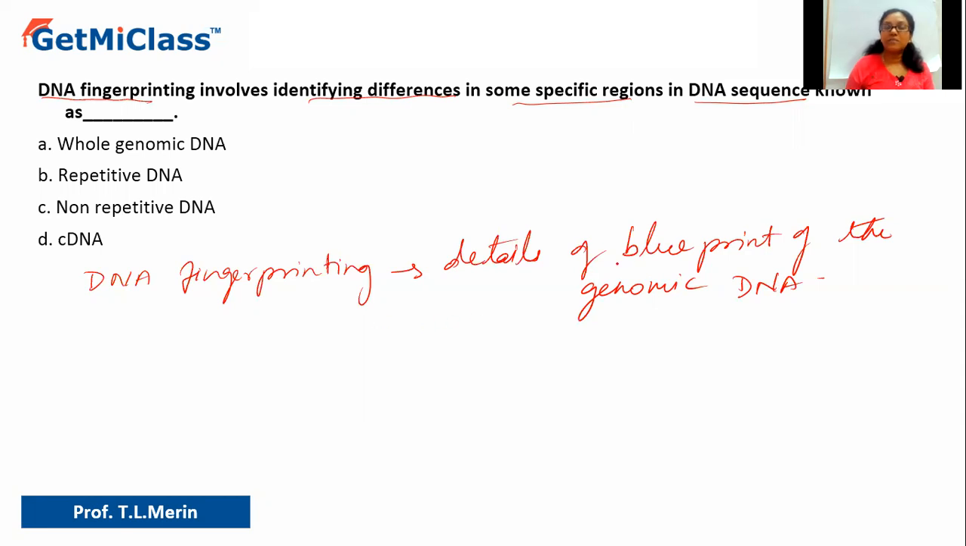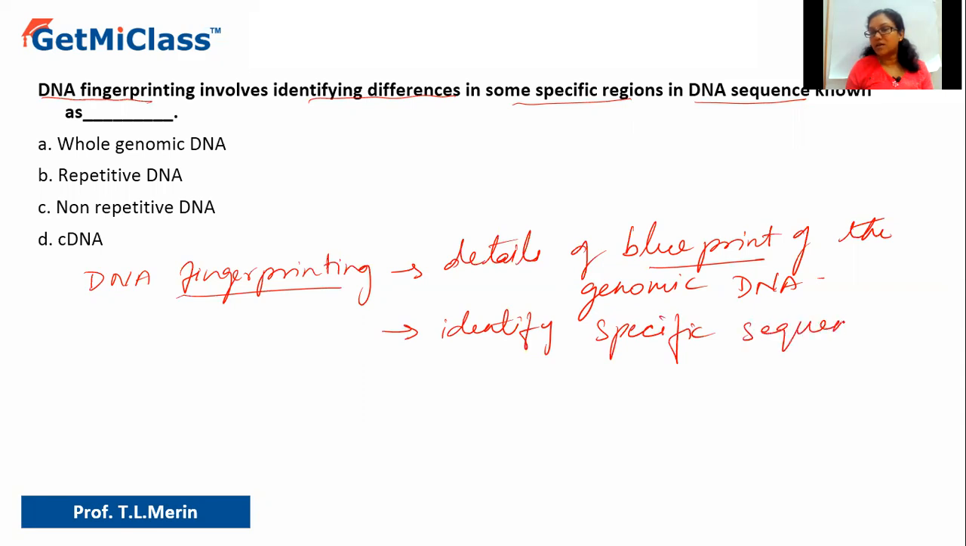Okay. Now, when I'm saying blueprint, that means it is talking about the specific sequence. So, in DNA fingerprinting, we try to identify specific sequence of DNA. And which sequence are we talking about? There are specific sequences which are called the repetitive DNA. Repetitive DNA is nothing but that part of the DNA where you can see that certain sequences are repeated again and again. And the sequence of the repetitive DNA, the size of the repetitive DNA